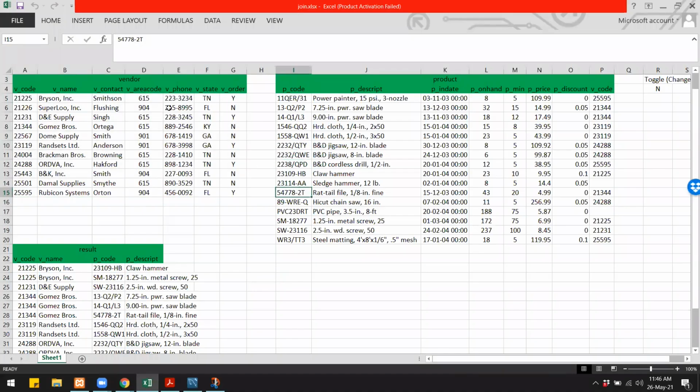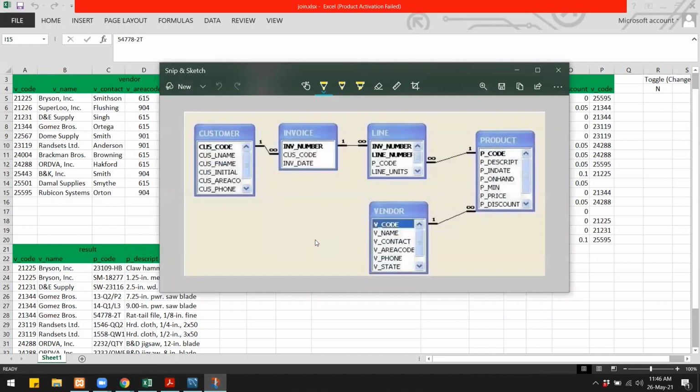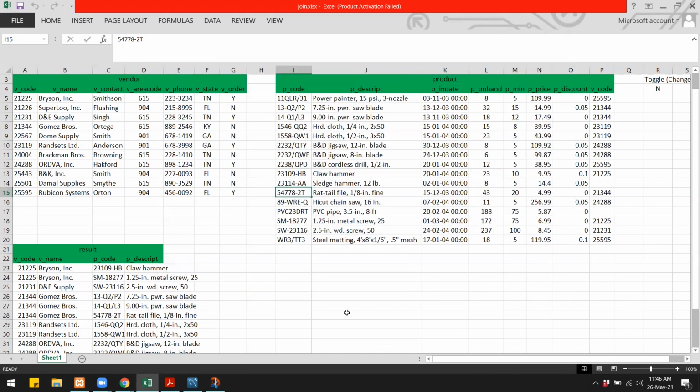Now in here, we have vendor and product. So our vendor can have 0 or many products, and the same is shown over here in the ERD. So there is vendor and product. So one vendor can have many products. And how can we verify that using this data?